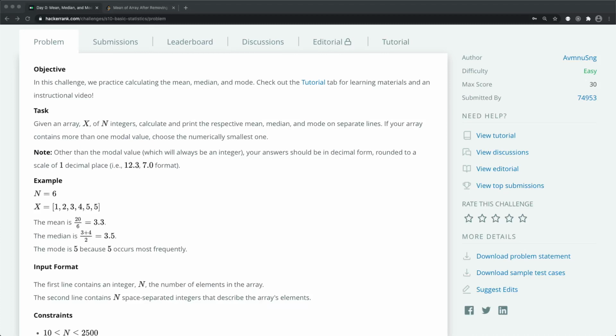Hello, everyone. Somewhere along your computer science journey, you will run across the mean, median, and mode algorithm. In fact, you may have already seen it somewhere before. The mean is the average of the data set, or the mean average of a data set. The median is the middle value of a data set, and the mode is the most frequently occurring value within